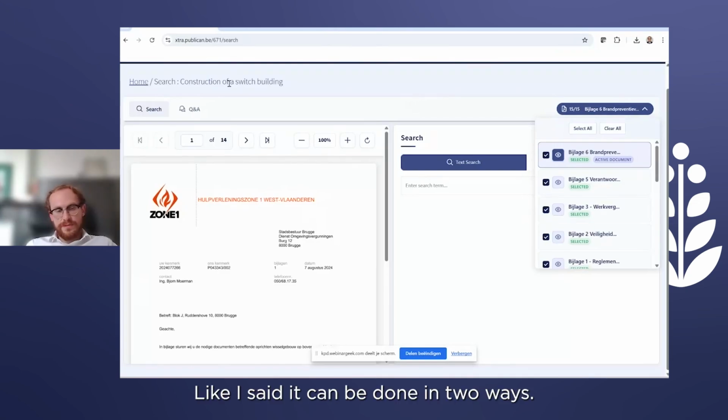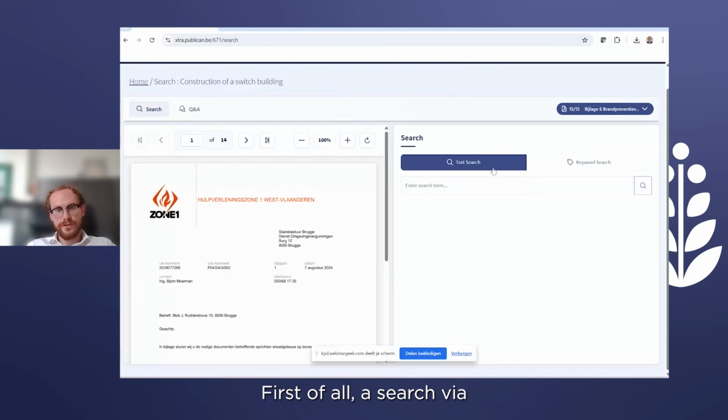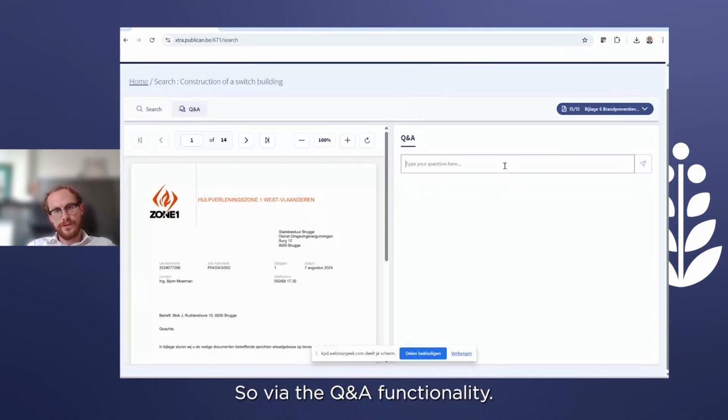And search, like I said, can be done in two ways. First of all, a search via one or more keywords. So it's like performing a Control F search, but then in all the documents at once. But you can also ask your questions in full sentences to the documents. So via the Q&A functionality,